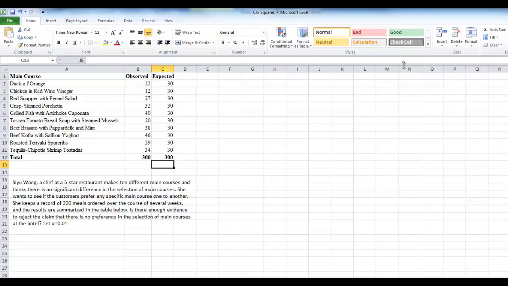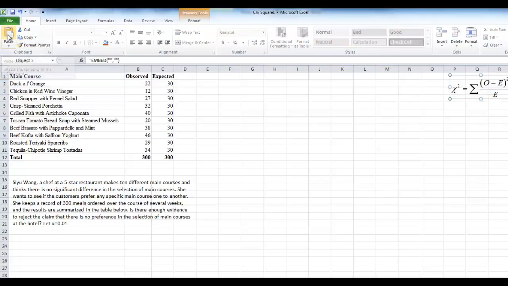The expected total should always be equal to the observed total. That means we are on the right track. If these two are not equal, that means there is something wrong. So the next step, we need to do a process for a chi-square distribution. Now again, there is always a test value